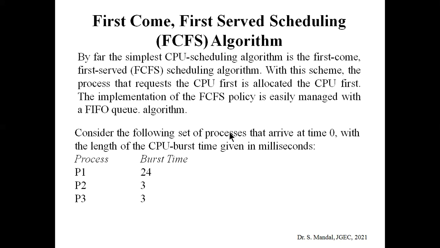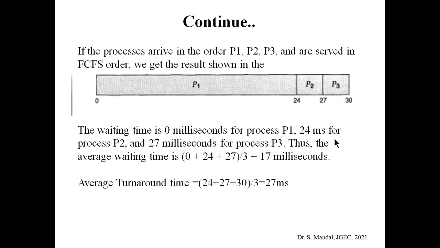Okay, so now consider a real life problem. Consider the three processes P1, P2 and P3, which have burst times of 24 milliseconds, 3 milliseconds and 3 milliseconds respectively, and all of them arrive at the ready queue at time 0 milliseconds. So how can we schedule them using the FCFS algorithm? It is quite simple: initially P1 will be executed, then P2, and then P3. Now if we plot using the Gantt chart, by using the bar chart,